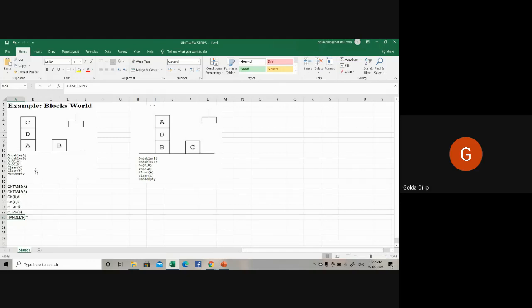Let's take a sample action. I'll just show you one sample action. Let's say I'm going to perform the action of putting C onto the table, because I need to move from this state to this particular state. Now C is on top of the block, so the action you're going to perform is put C on table. When I say put C on table, what is the operation? That is nothing but unstacking. The operation will be the unstack operation.